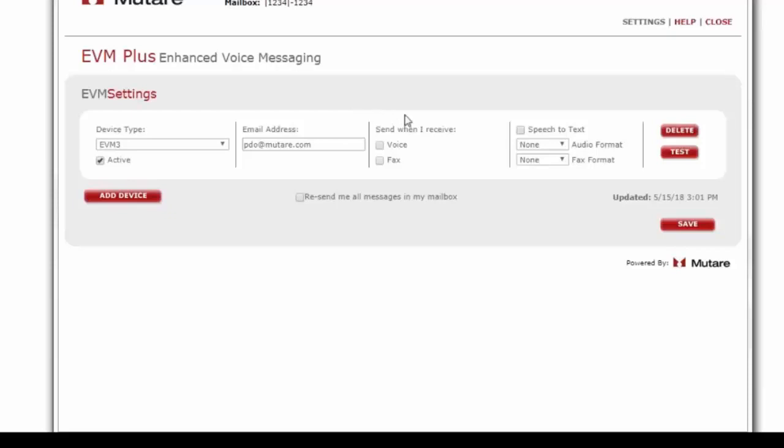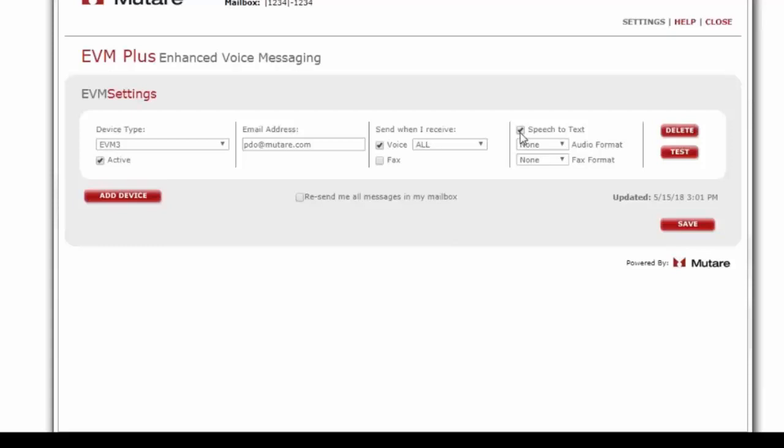Next, make sure to select voice, since you are going to want to enable the application to access voice messages. And then you have the option to select all or urgent only. In most cases, you will simply want all messages processed. Next, check speech to text to make sure the user receives the voice message transcription in the body of the